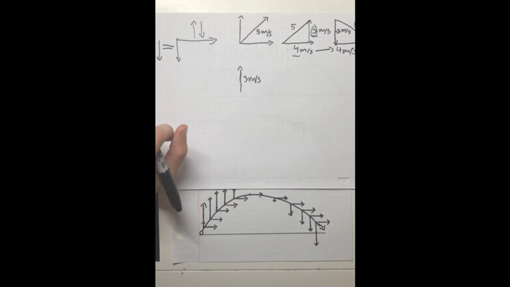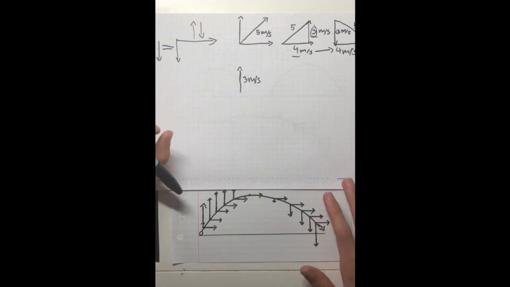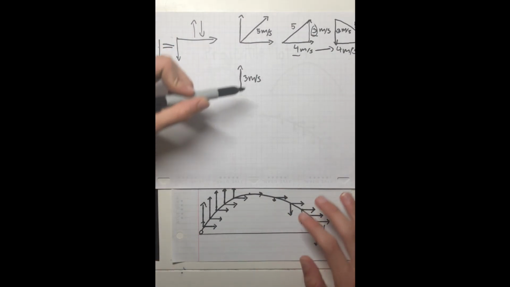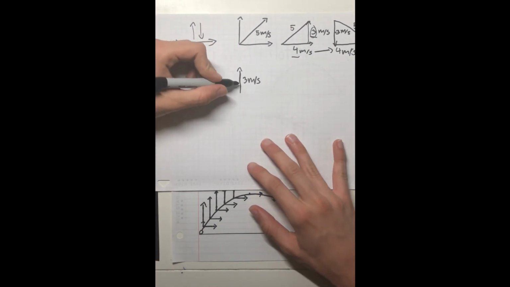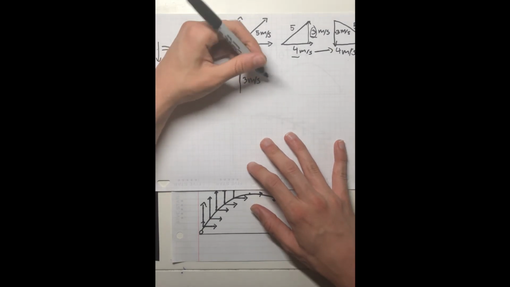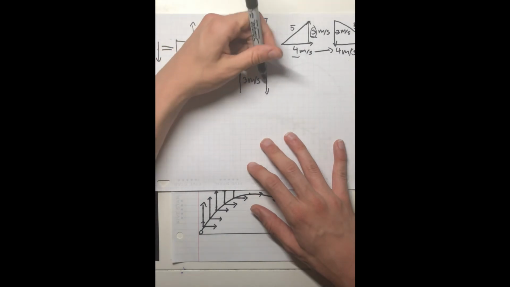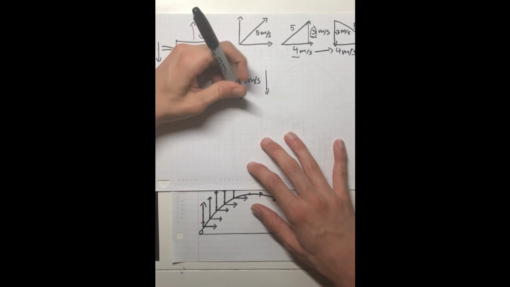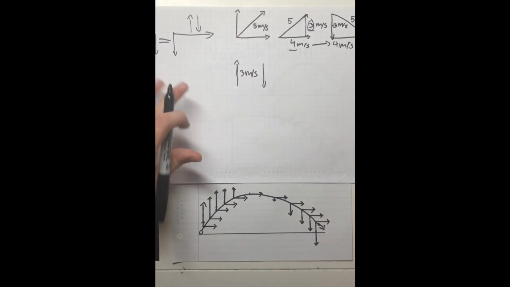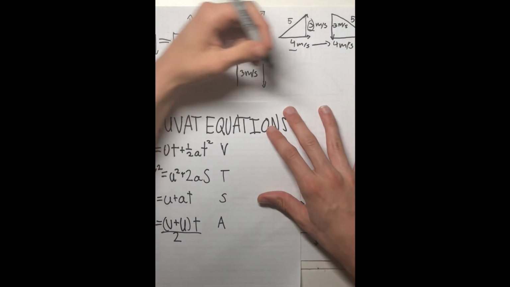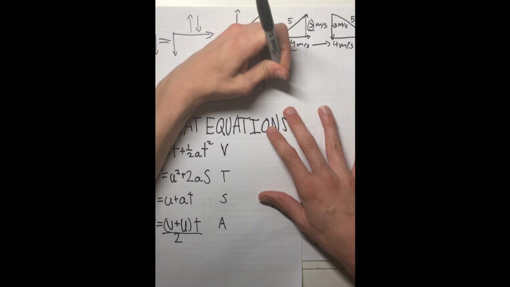And with SUVAT, or at least with this idea right here, we still have a complicated thing going on, because it's going up, but then right after it goes to 0, it's going to go back down. So what do we do? Because our initial speed,